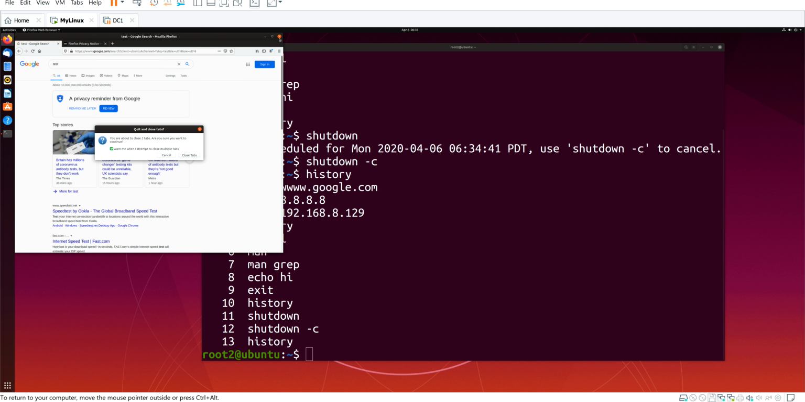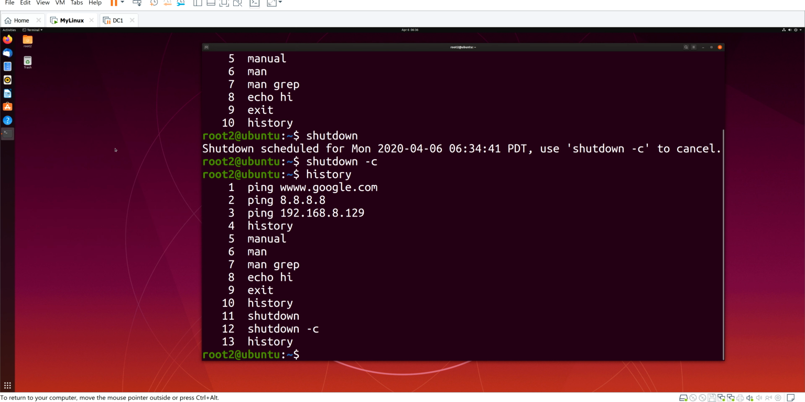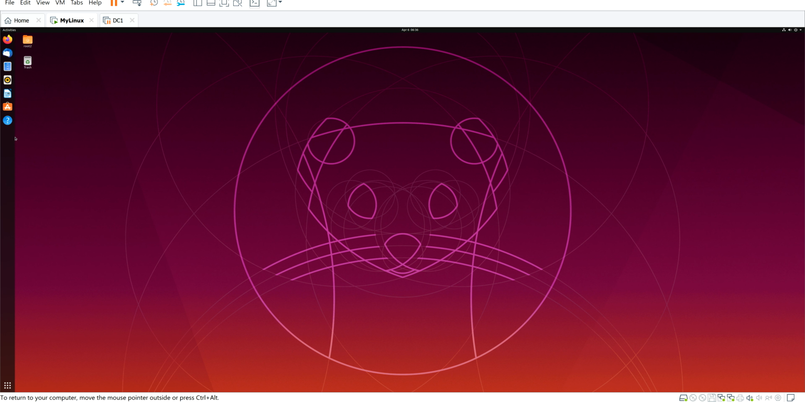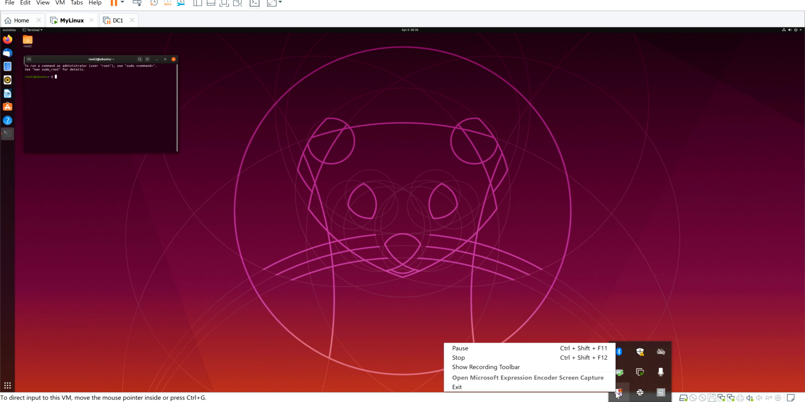Okay, so what we can do, one sec, if I cancel this, that terminal is gone from here, isn't it? So if I do Control Alt T, that terminal is here now. So because that terminal is here, what I can do is